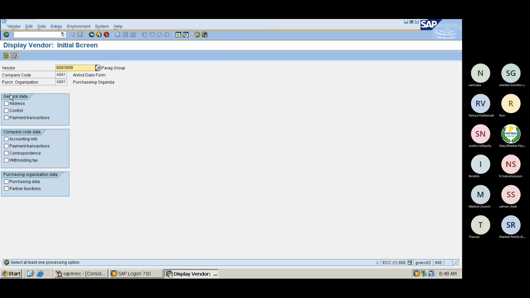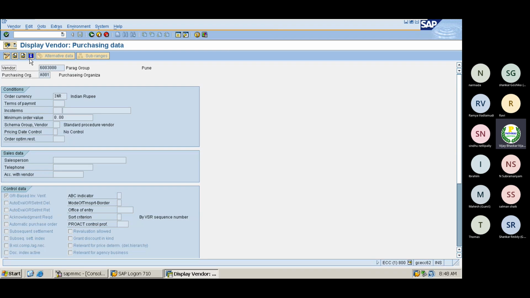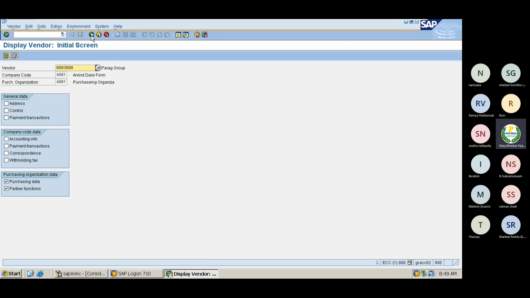I must fill this additional information, purchasing organization data, right? The same information. Now, if I go here, this is separate information where we need to key, whether it's a GR based invoice or whatever it may be, in which currency we are performing the transactions. That is secondary. But the important thing here is the purchasing data. Now, whenever we are performing this activity, if you remember correctly, for sales related transactions, if we have